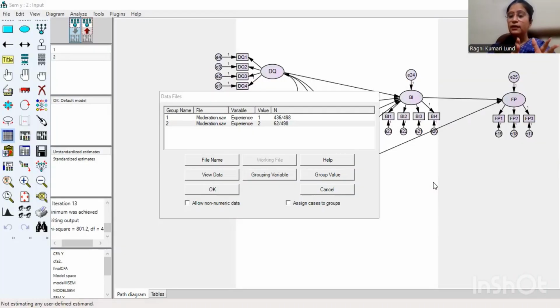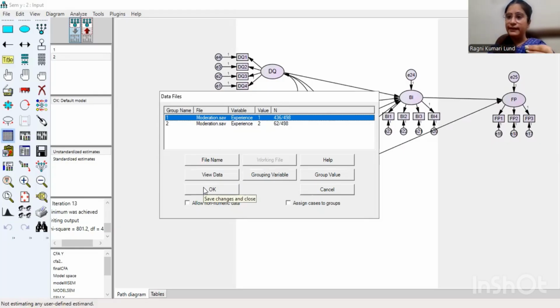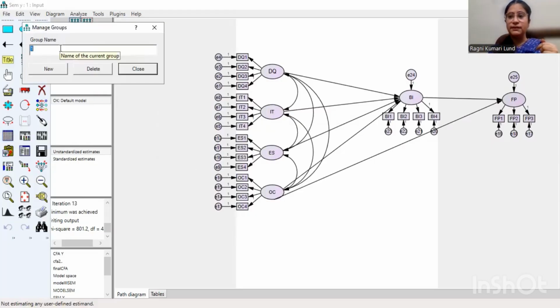Consequently, we can see that moderation in AMOS is very easy but a little bit tricky. Why? Because you need to know how to add the moderator and how to add the categories of a moderator, for example, yes, no. If you are adding gender, or selecting age, where ages are 1, 2, 3, you have to select the group and make the categories of that. Then accordingly you carry forward your data. If you do not know how to add these group numbers, then your moderator analysis in AMOS will not carry forward easily, and AMOS will not show any result.